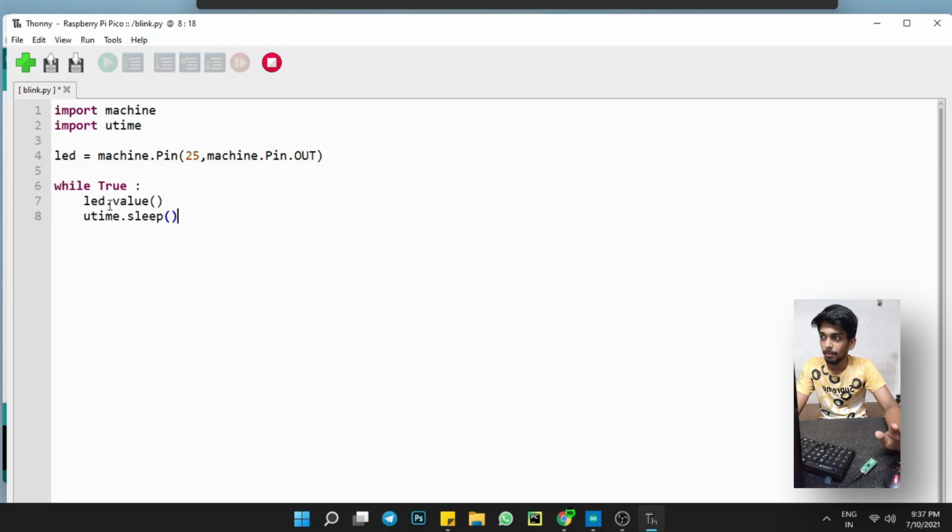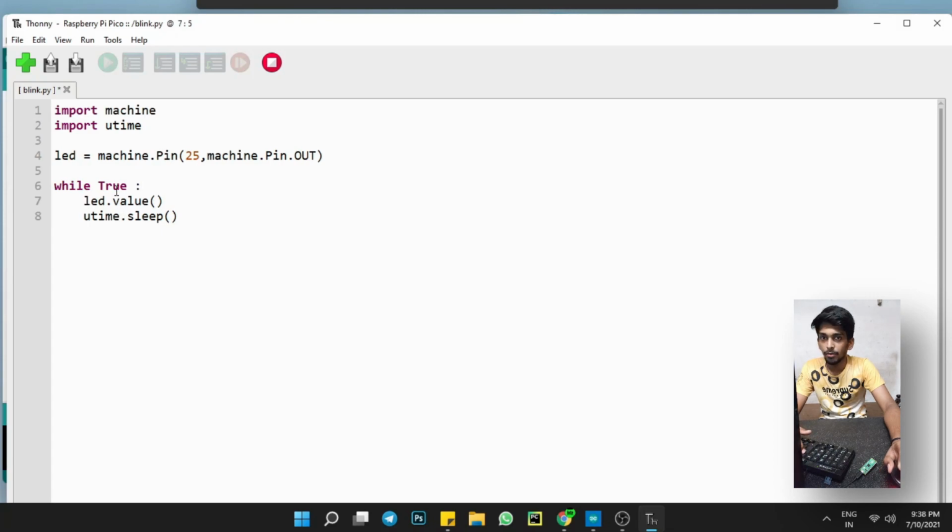First you need to be clear about Python. In Python, indentation is very important. See the above commands: import machine is aligned to the margin, but LED.value has a little more space from the margin because it's inside the while loop.